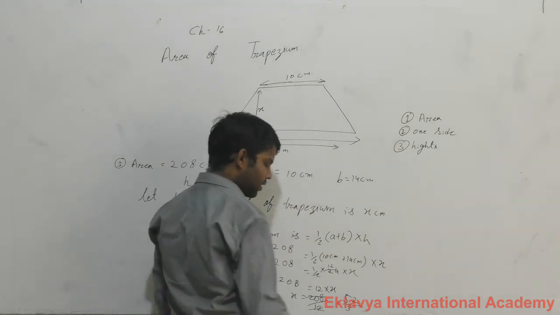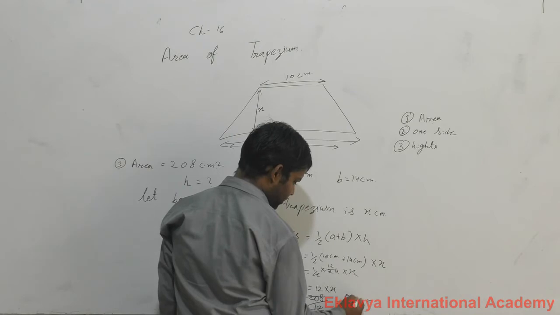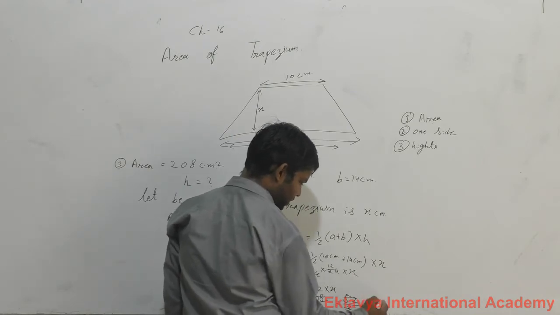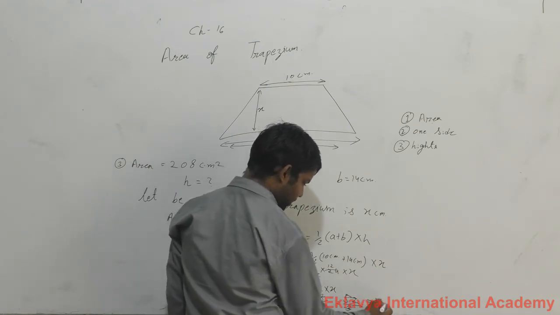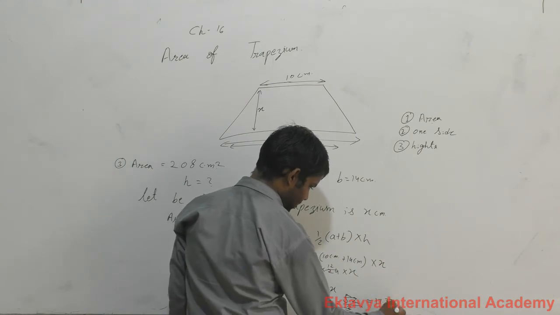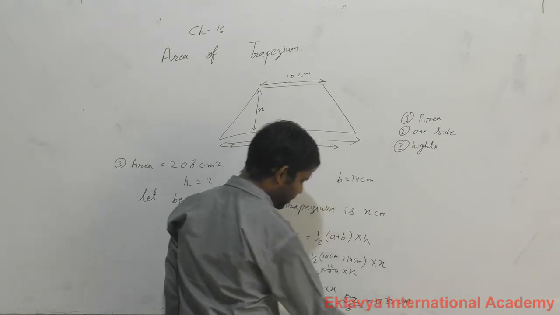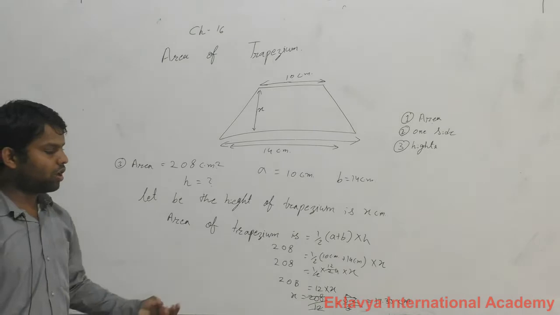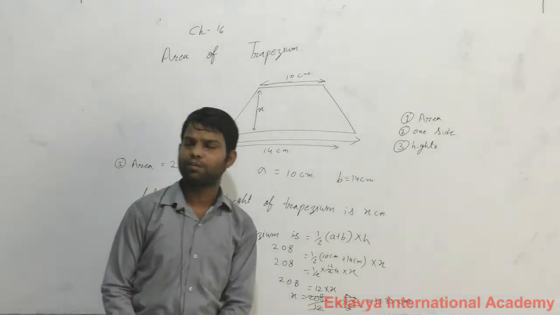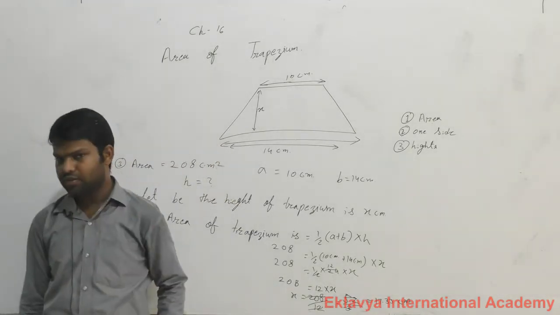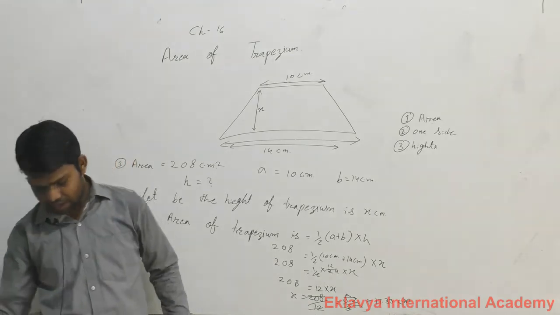Now cancel out by 3, then 3 1 ja 3, 3 7 ja 21.33 centimeter. So our height is 17.33 centimeter. Again listen,